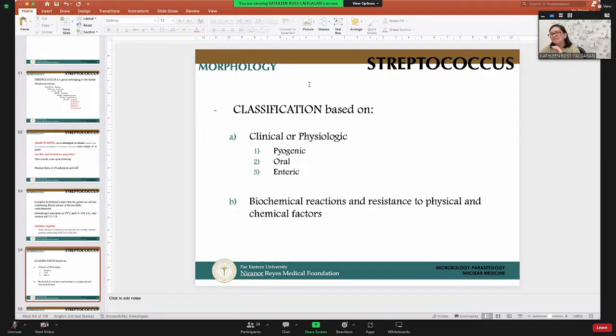Streptococci are classified in different ways. First, we may classify them by their clinical presentation. Some are pyogenic, some are oral, and some are enteric. Or we may also classify based on their physical or biochemical reactions. But the more